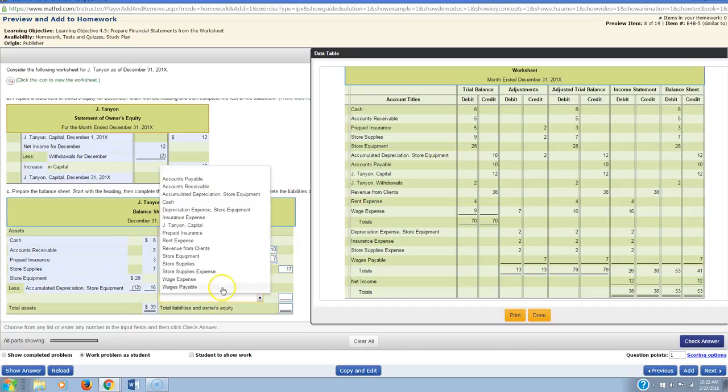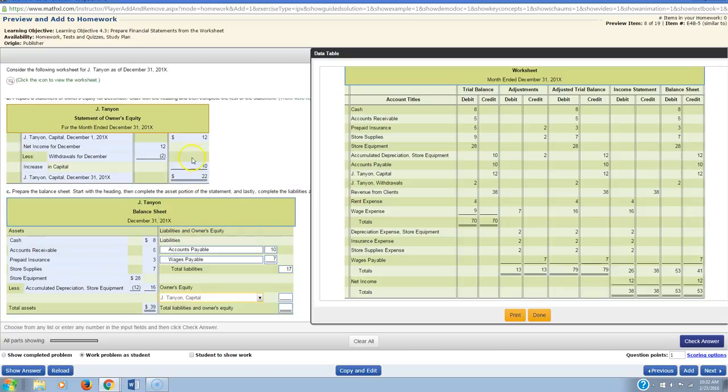And now the owner's equity is a piece of cake. We're just going to show J. Tanyan Capital. We've already developed it from preparing the statement of owner's equity. So there's your $22 that you just simply pick up from here and pop it in over here. So put in your $22,